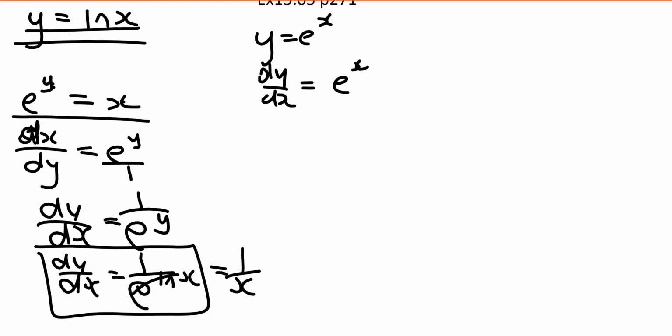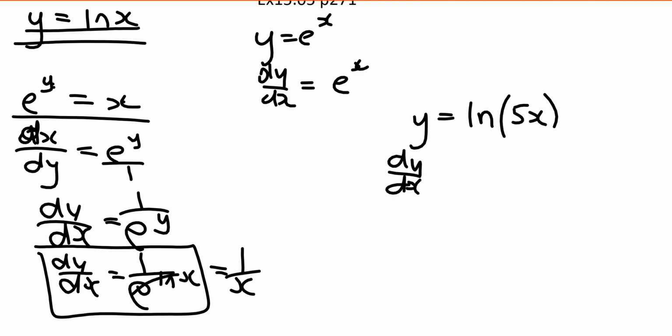Okay. So there's the proof of when I differentiate natural log x, I get 1 over x. Okay? Happy? Now, if I've got y equals log of 5x, how do you think I'll differentiate that? What rule will I use? The chain rule, yeah. The composite function rule. So dy over dx becomes 1 over 5x